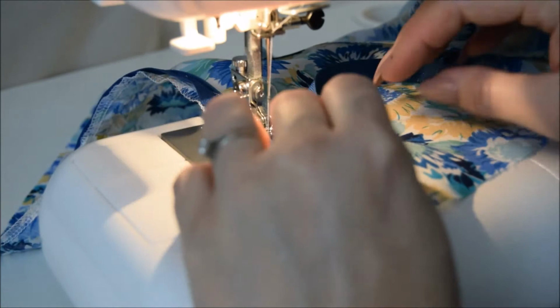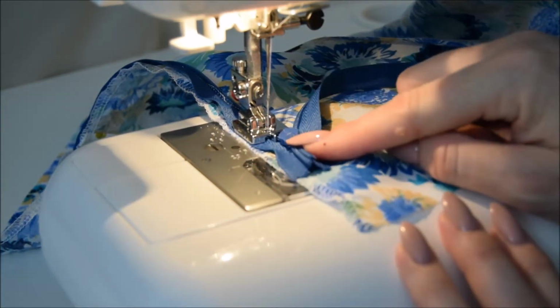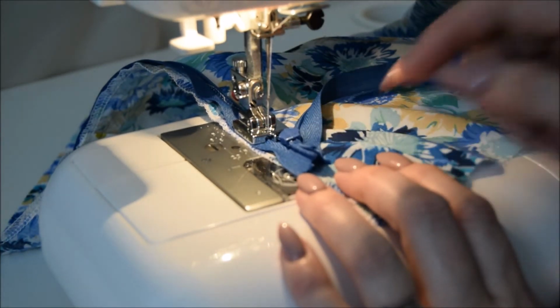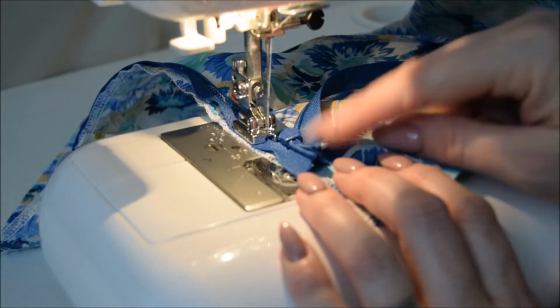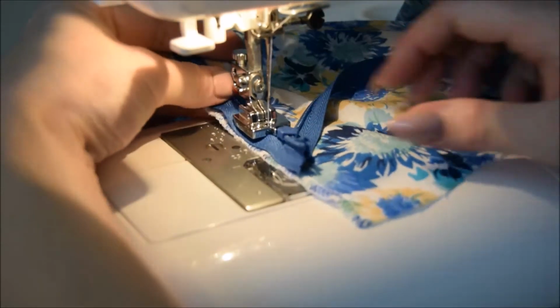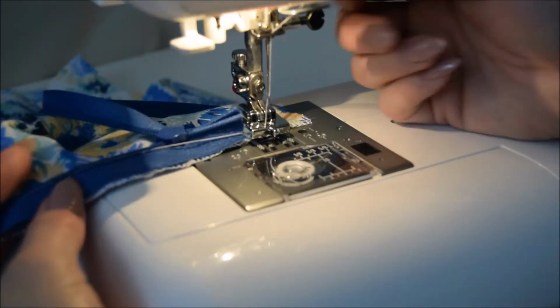To then give the teeth of your zip room to go. Now I'm at the bottom of my zip. Gosh, I wish I knew the name for these bits. I should look this up. The thing that goes up and down on the zip is now in my way, so I'm going to press my back stitch and go back a couple of stitches and then forward again, and then to get it off I'm going to have to pull it to the side, and most